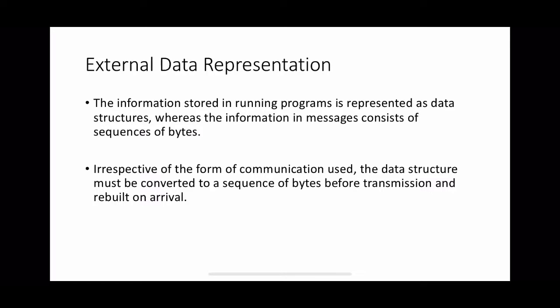For example, floating point numbers are represented in different formats in different architectures. And also for the ordering of integers, big endian and little endian representations exist, so sender and receiver may use different formats. Another issue is that the set of codes used to represent characters can be ASCII in one system and Unicode in another. All these dissimilarities should be addressed when we transmit a message from one process to another in a distributed system.